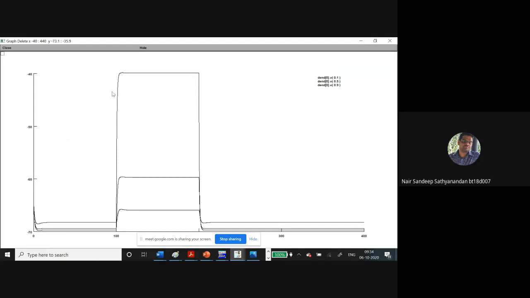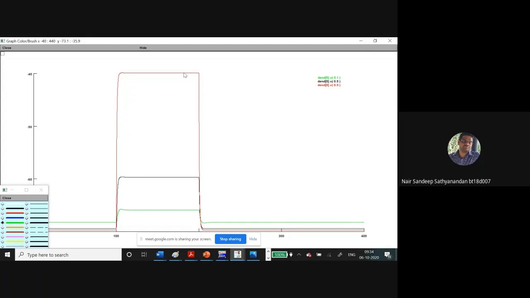Now to distinguish these plots, we can right click here, then there is a color brush available. We can name that, yeah.